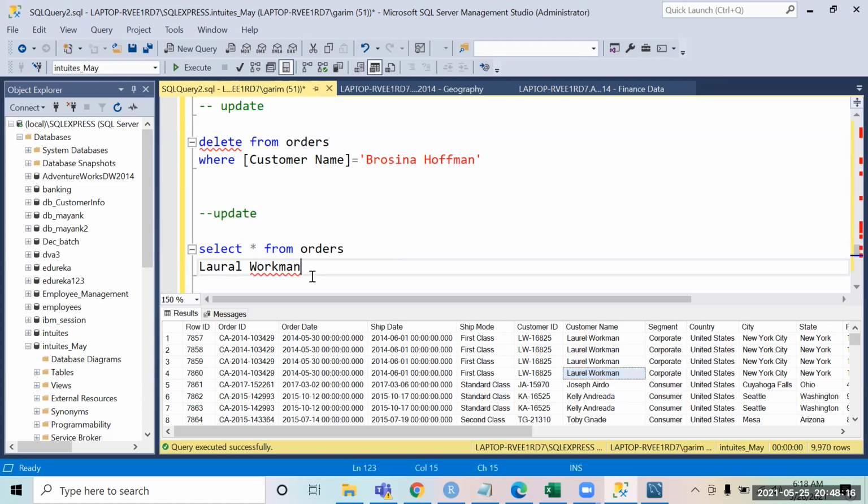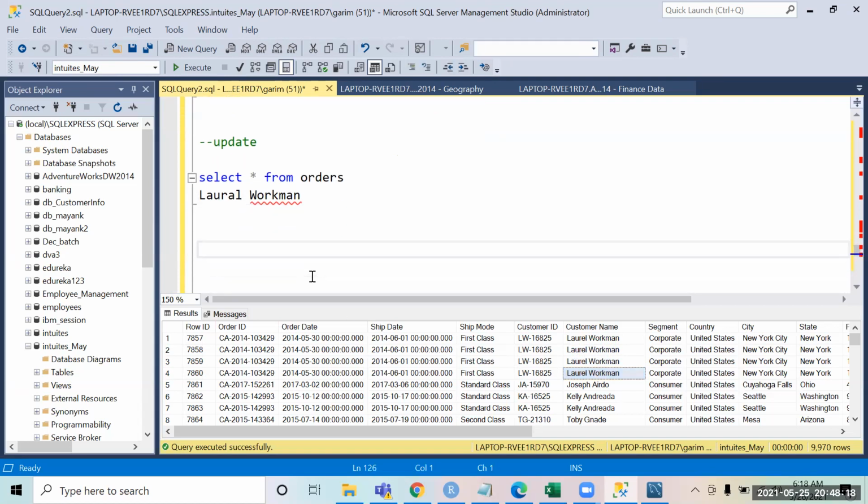So how will I do the updation? When you write the update command, you say update table name. This hash is just me writing update table name. Then you say set column equal to new value, right? What is the new value you want to update?